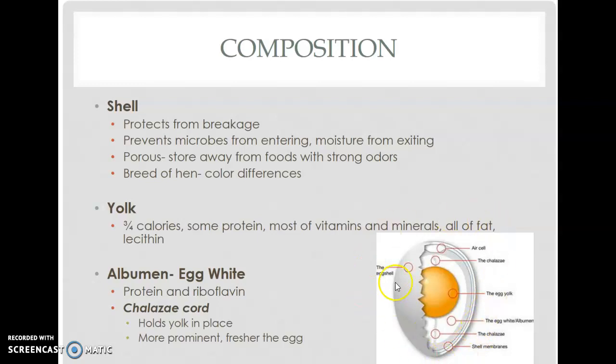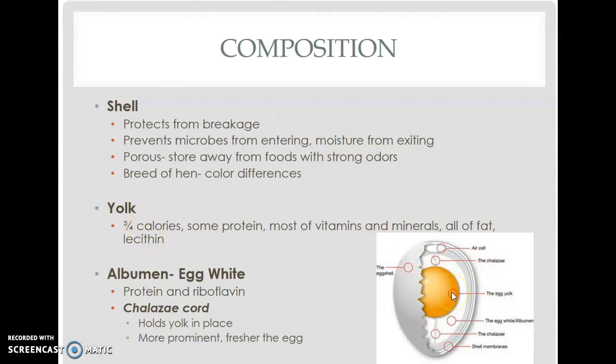So you'll notice the outside shell here, and at the top there is this air cell. The older the egg, the larger this air cell will become. Right underneath the shell is a very thin shell membrane. If you're ever peeling a hard-boiled egg, that is that thin film that you'll find in between the shell and the egg. You also have the yolk in the center, the big yellow part, that has 3/4 of the calories